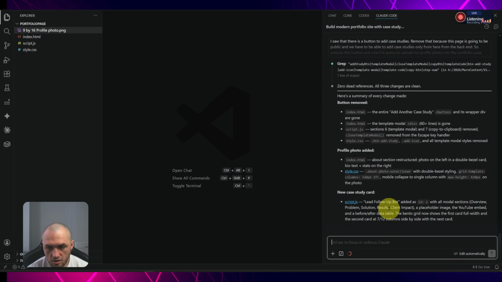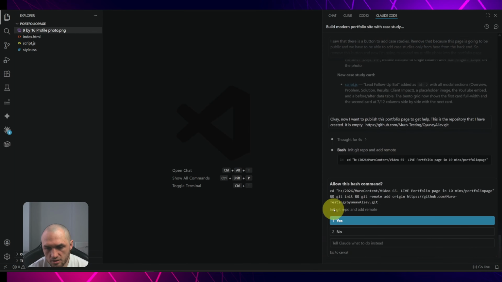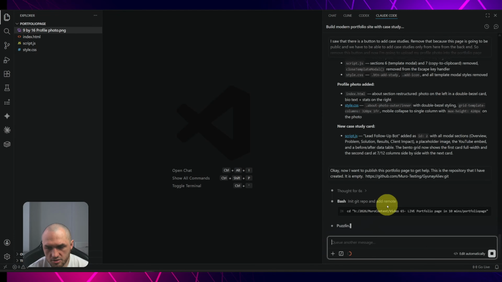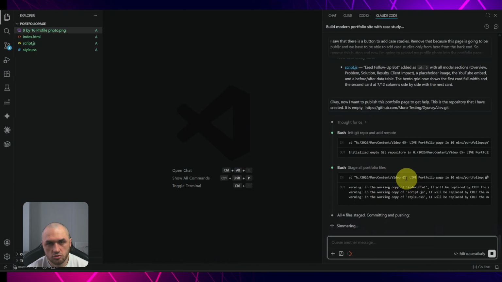publish this portfolio page to GitHub. This is the repository that I have created. It is empty. And I'm pasting the link of the repository. And I'm sending. And it is asking me if it can run this command. I am saying yes. If it is telling you to do some more things in order to log into your